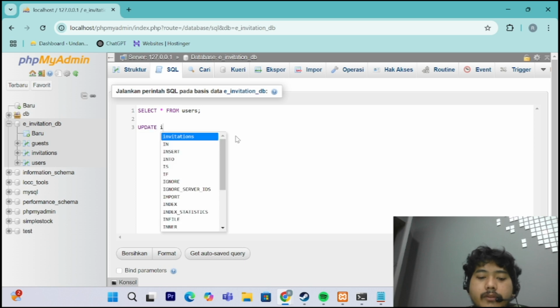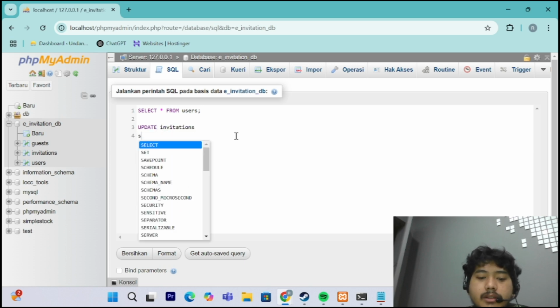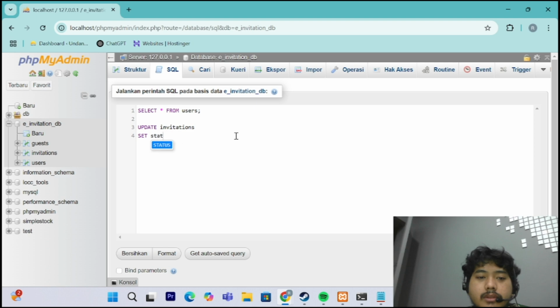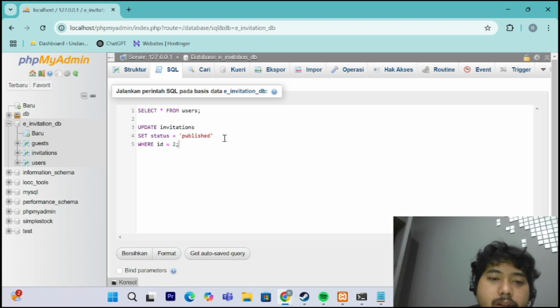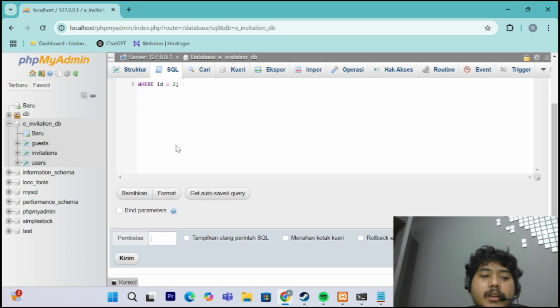Update from invitation, set status is publish, and where ID. This one is to declare that the data we want to update is the one with ID 2, and then